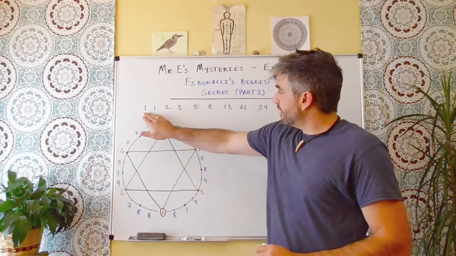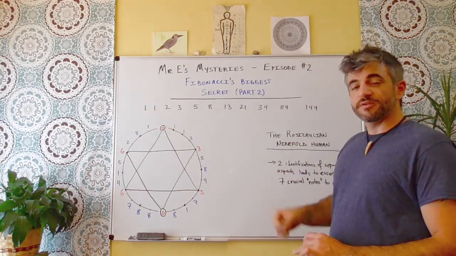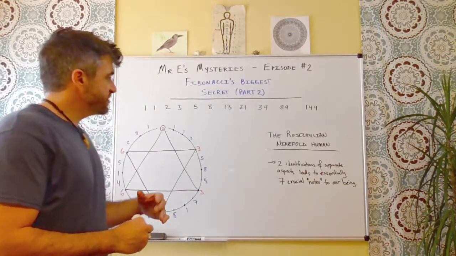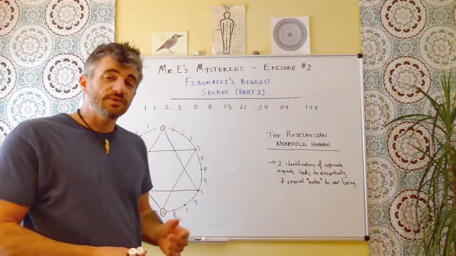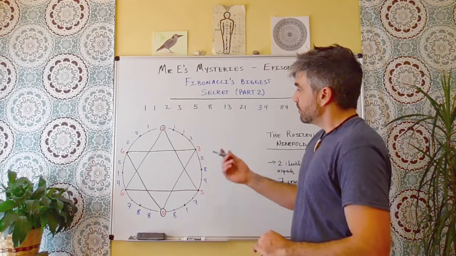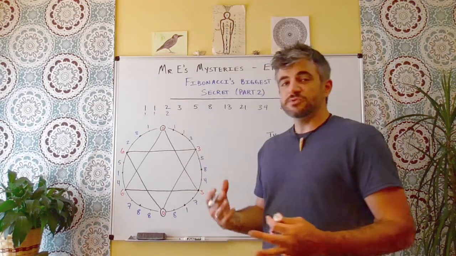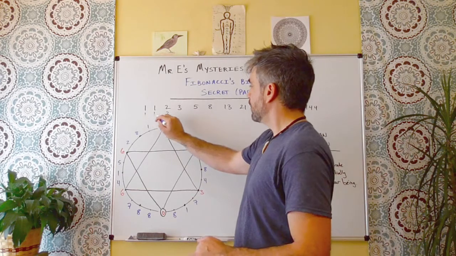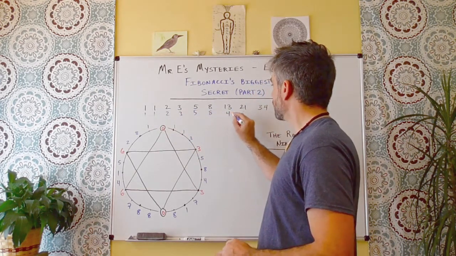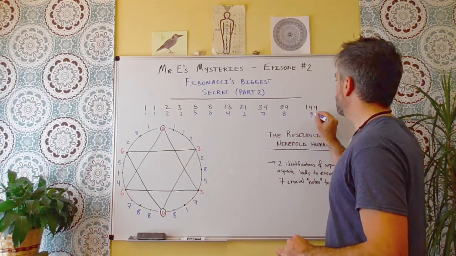So again, we have the Fibonacci sequence, 1, 1, 2, 3, and so on, up to the term 144, which seems to be Leonardo Pisano's key number. And as we saw with the Mod 9 reduction, that was the key number for seeing this cycle complete. So as we saw in episode 1, the Fibonacci sequence reduces Mod 9 to 1, 1, 2, 3, 5, 8, and now 4, 3, 7, 8, and 9.